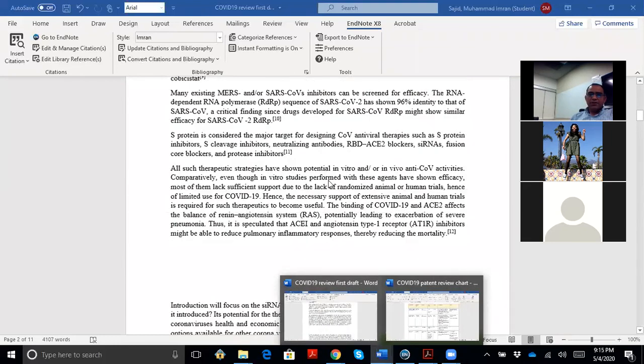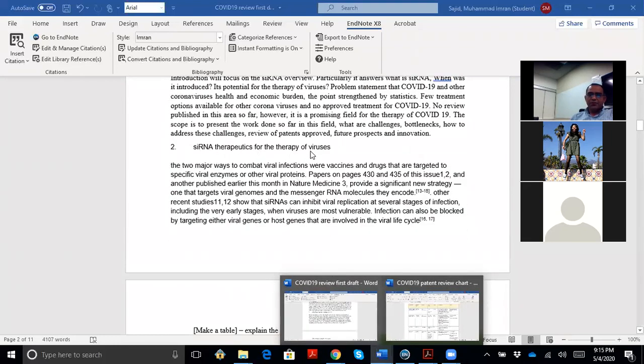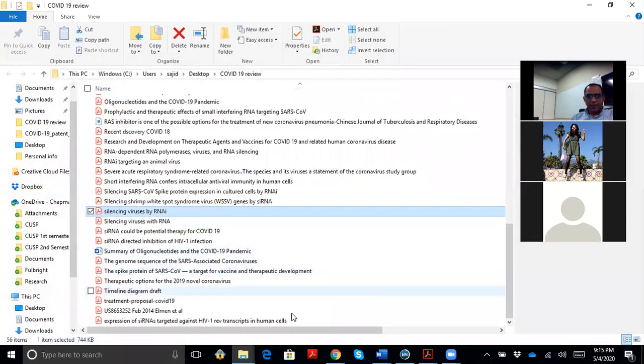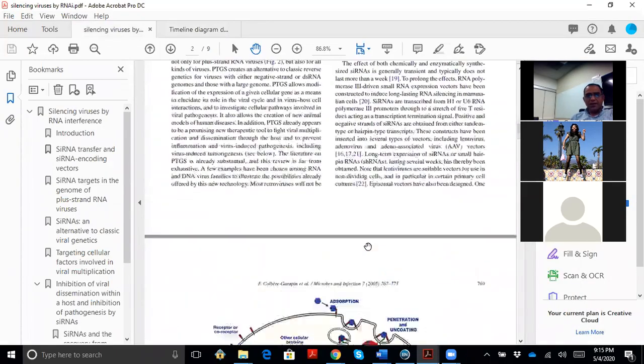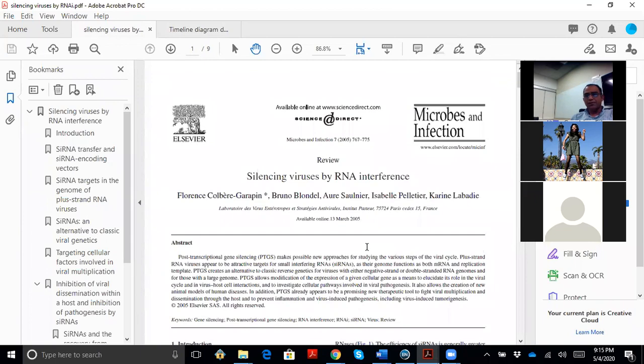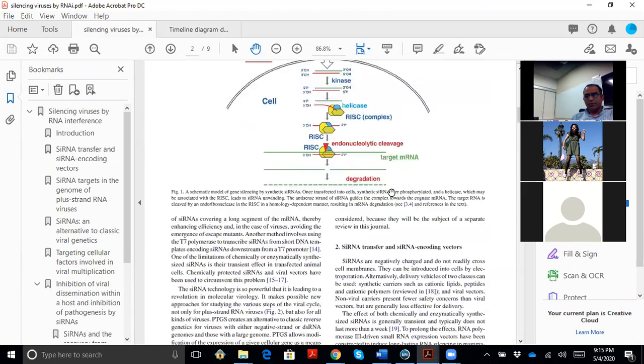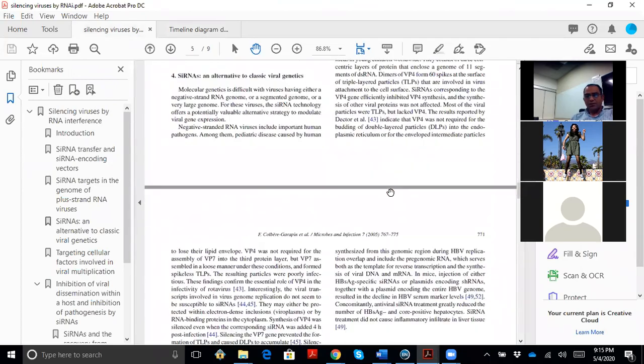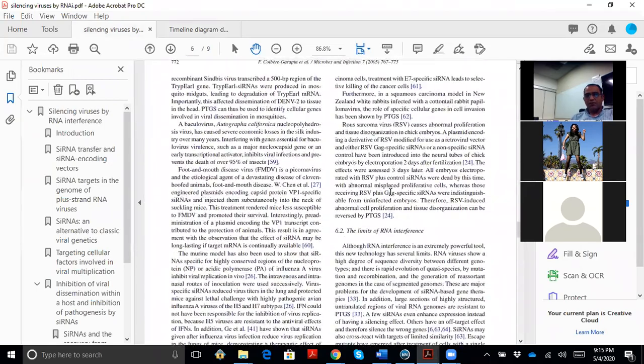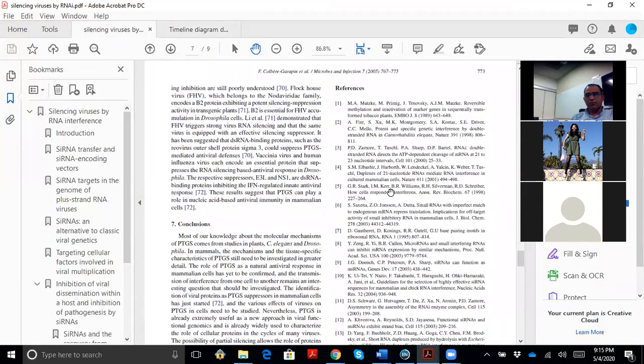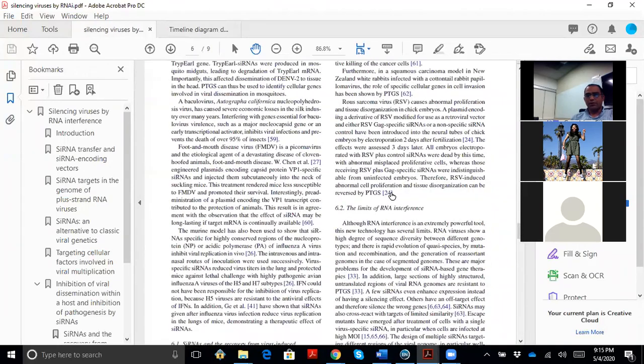Yeah, I want to make a table out of this siRNA therapeutics for the therapy of viruses. Because I am reading it, you can make only the table if you have that. For instance, I can send you this paper, which is all about silencing viruses by RNA interference. There are many studies in it, and I want to make a table out of this whole paper.